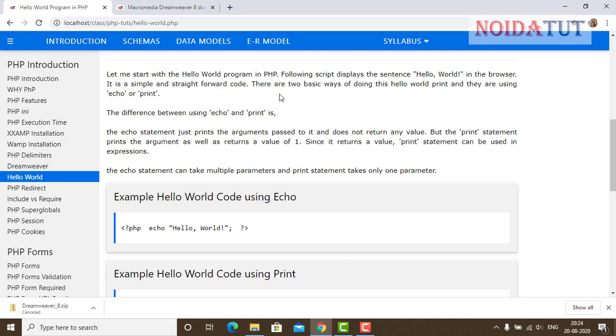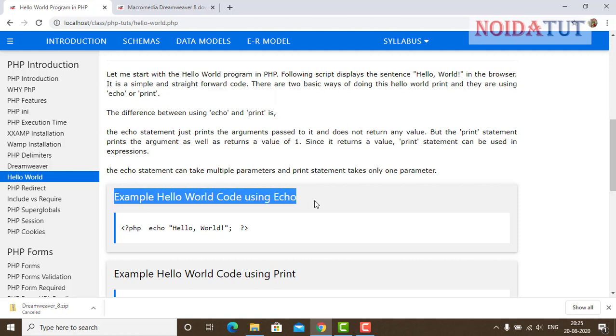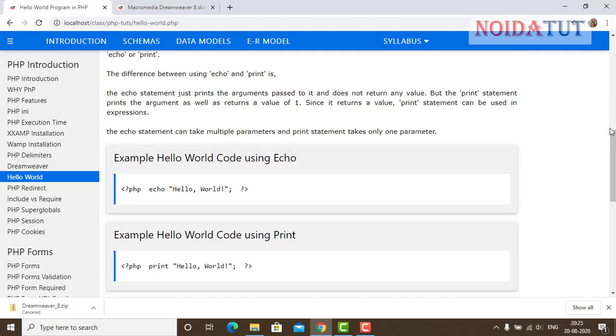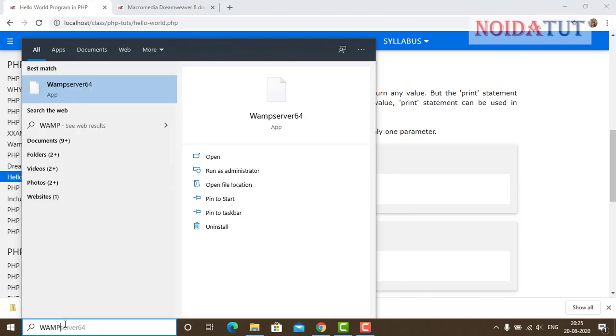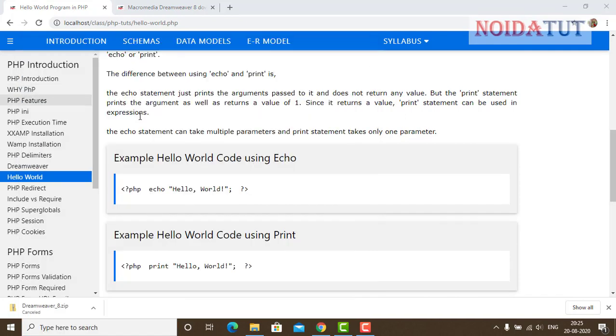Now let us start working with this example. Before we start, let us first start the WAMP server. This is the WAMP server. It is already installed in my system.